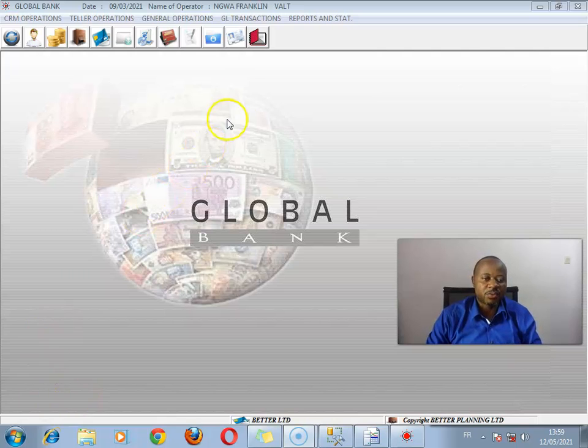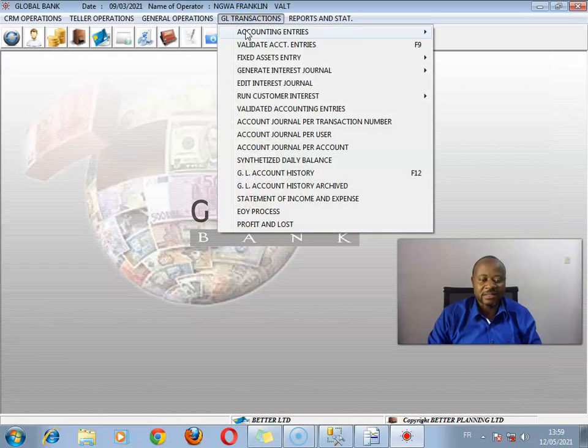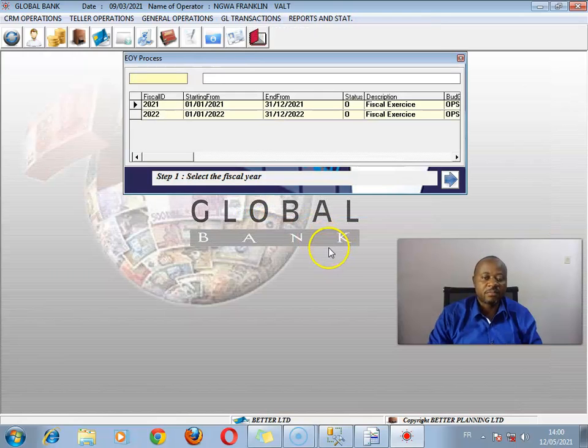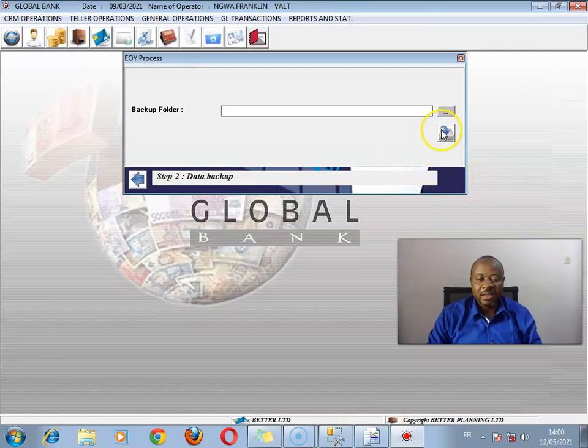So what we do is we go to general ledger transactions, and down here we have the EOY, end of year process, and this brings the menu where we have the year to end on the list of years. Now we want to end the year 2021. I'm going to click on next, and for this to be done, it is necessary that a copy of the